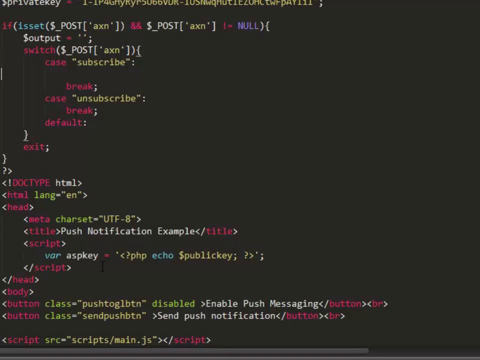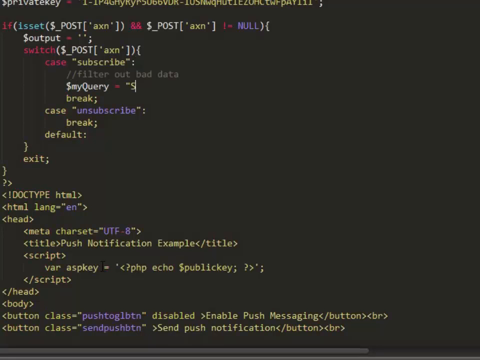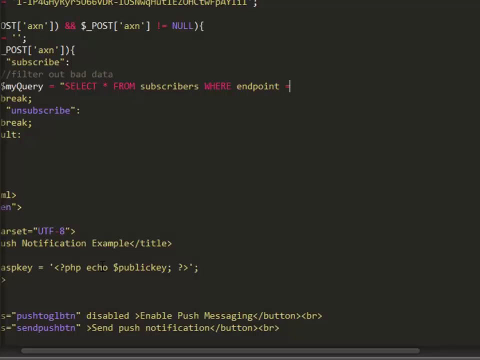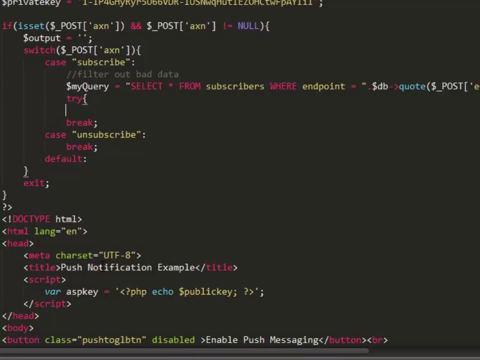Within our subscribe code block, in the real world, we would want to filter out any bad data for security purposes. For this demonstration, we will skip that. What we will do is query for our database's subscribers table for any row entry which matches the endpoint sent in with our post data. This post endpoint data was sent from the myMain.js file within the function called updateSubscriptionOnServer amongst its